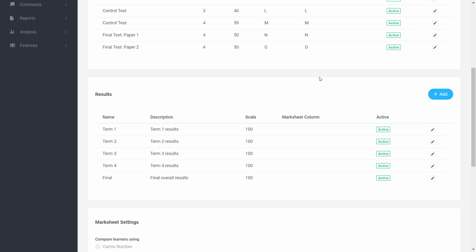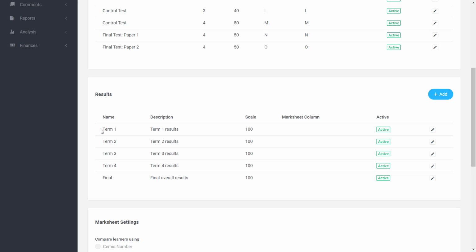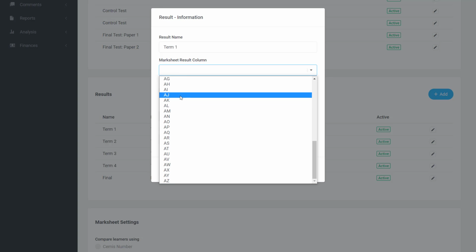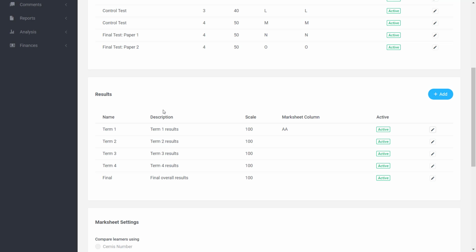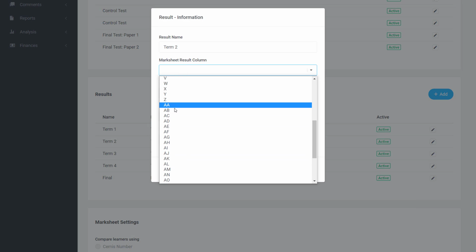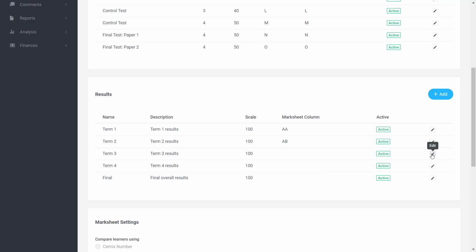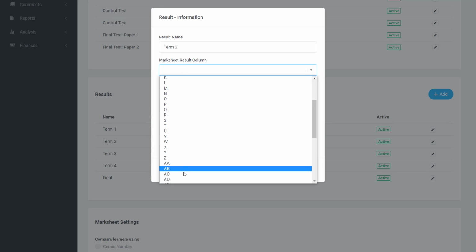So when we head back to the system, we are able to edit this. So this way we edit it, we click on the side, edit, and we change this Marksheet column to AA, and we save, and that's term 1. When we come to term 2, we change the column to AB, and then we save. When we come to term 3, we do the same, we change the column to AC,